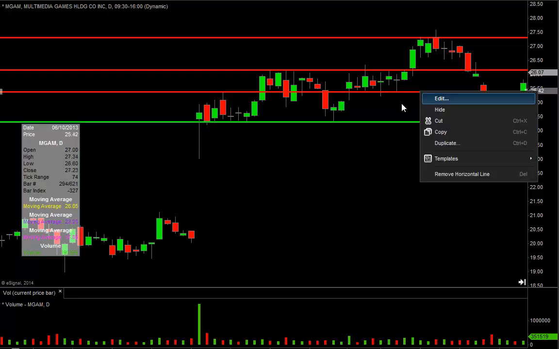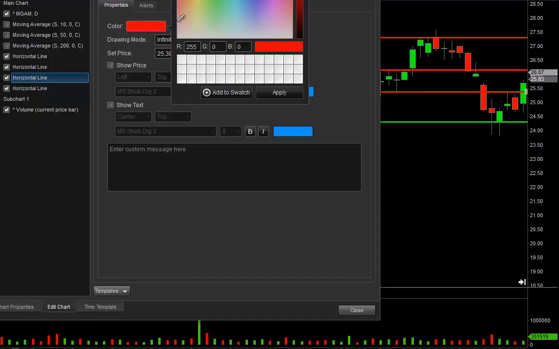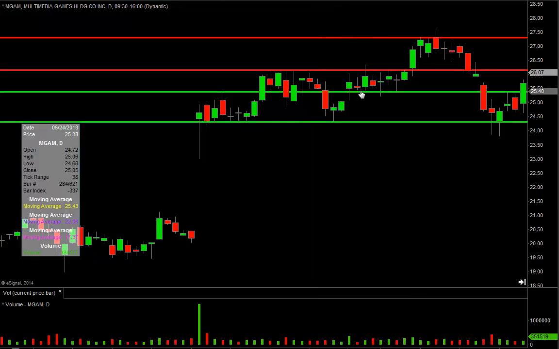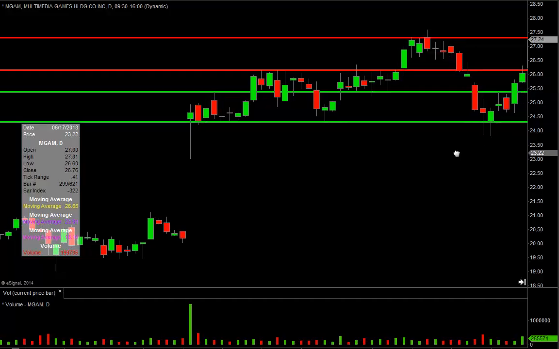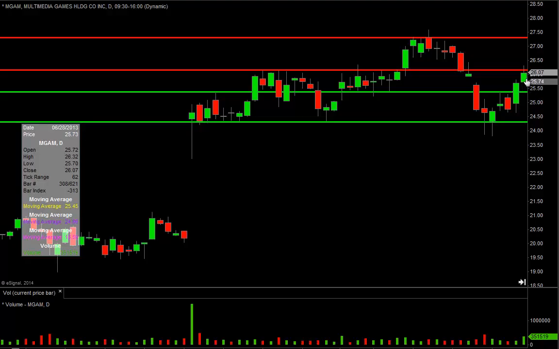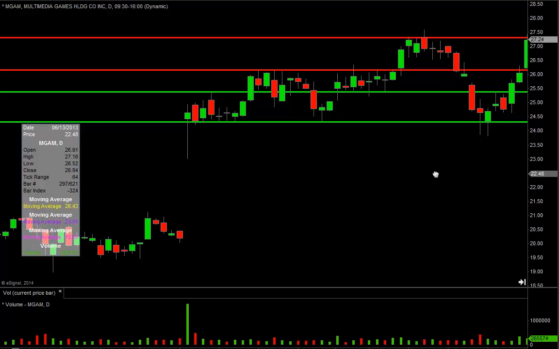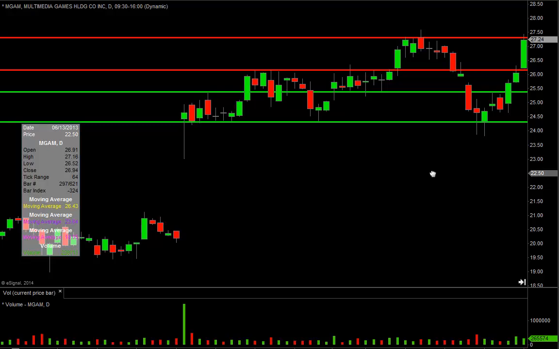Now what else do we have to do? What do resistances become when they are closed above? They become supports. So right here, the bulls have taken back their fort like they had over here, and now this line is green again. So we made more progress, and then look at that again. Price did battle, and then you can see by that upper wick, upper shadow, it got knocked back down and closed below. So this level is still technically an area of resistance. And then that one happened. And then look again. Is it any coincidence? Well, I'm getting ahead of myself. So now what needs to happen with this level? This level was a resistance, but because want has overwhelmed give,